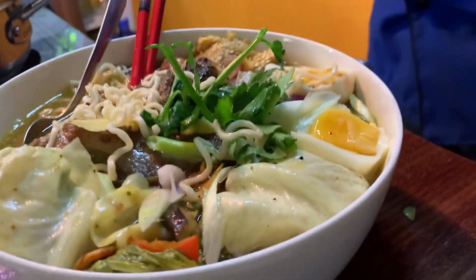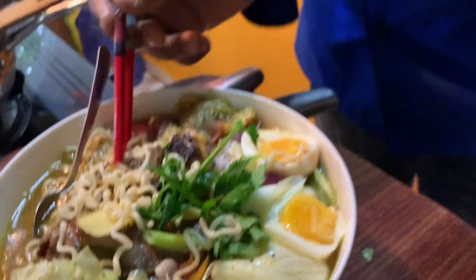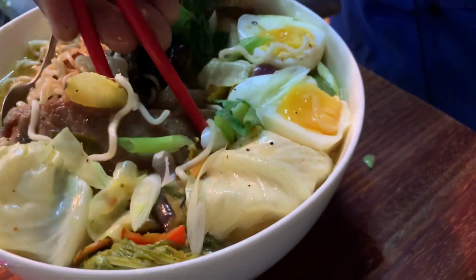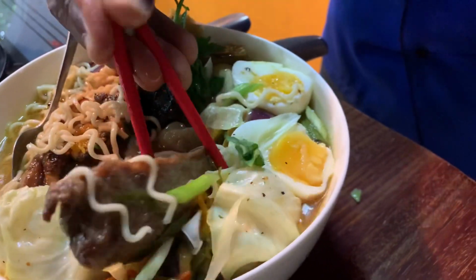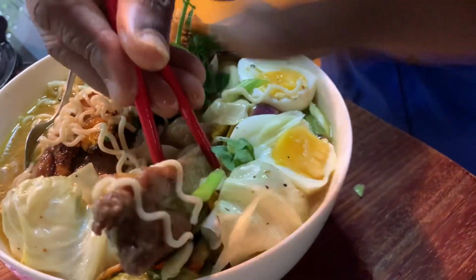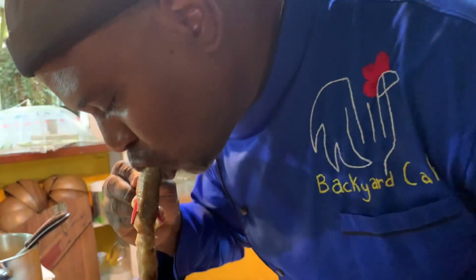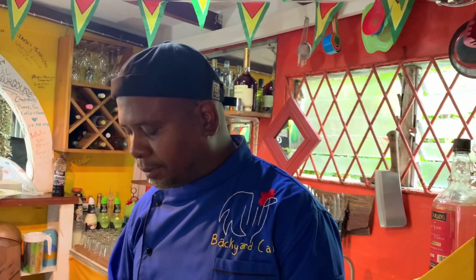There you have it, guys. Hold on. Let me bite into a piece of this Wagyu. No, man. No, man. This shouldn't be a secret